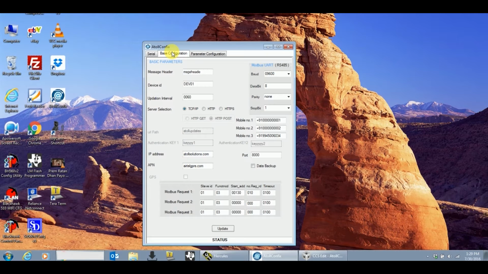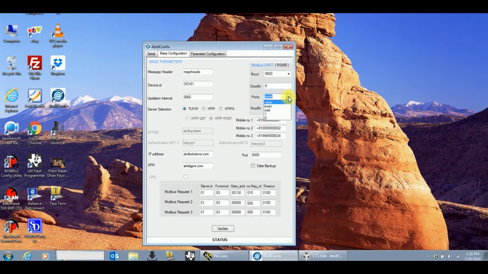Let's say I have to send data to a TCP/IP server and I have to configure the Modbus parameters too. The Modbus device that we have connected has a baud rate of 9600, so let's select 9600 from the drop down list. The data bit is always hard coded to 8-bit.